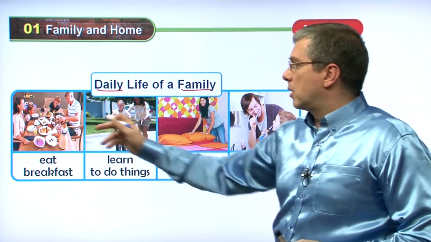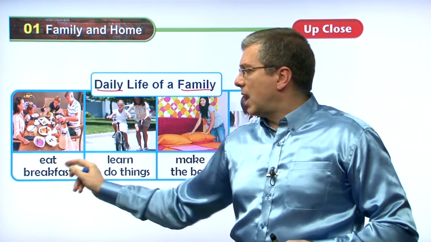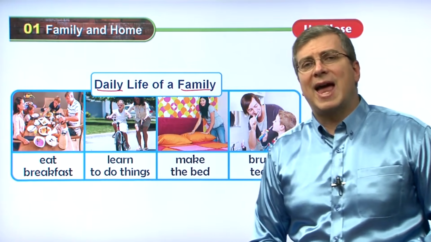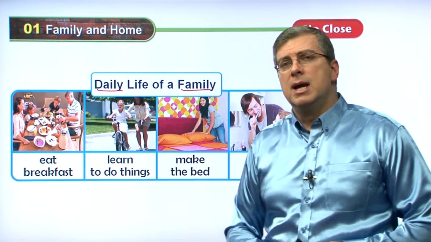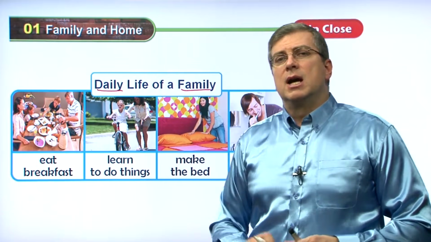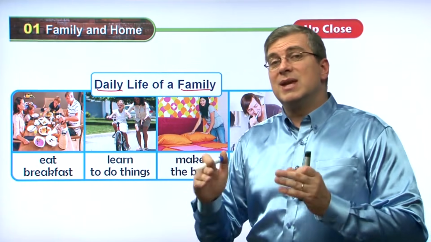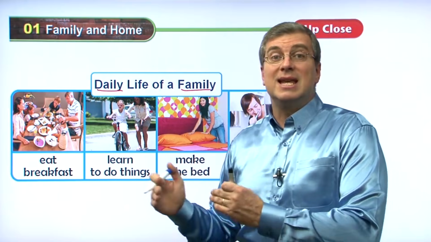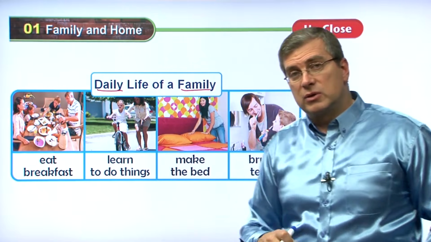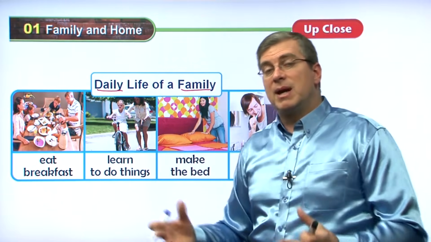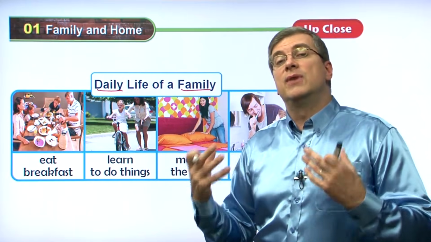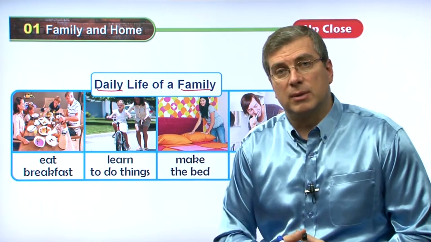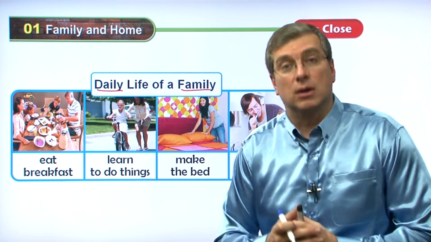Another very important thing that families should do, perhaps more important than breakfast, is to have dinner. Especially in America, it's very important. Many families feel it's very important to eat dinner together in the evening. So the kids are home from school, dad's home from work, mom's made dinner. That's very important. It's a very important tradition of family, is to at least have dinner together.